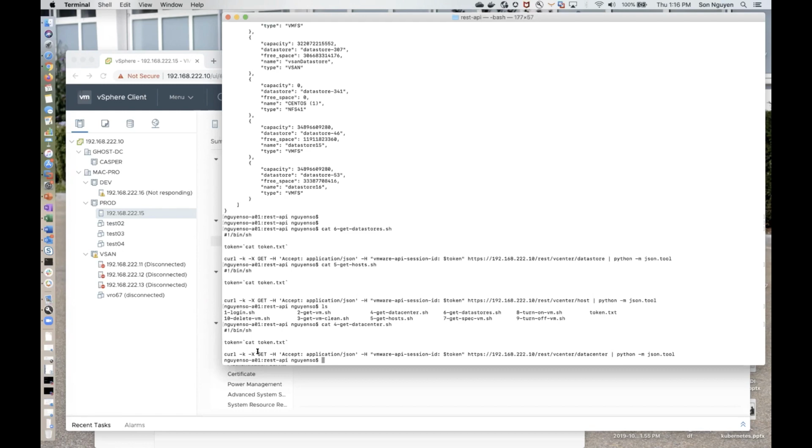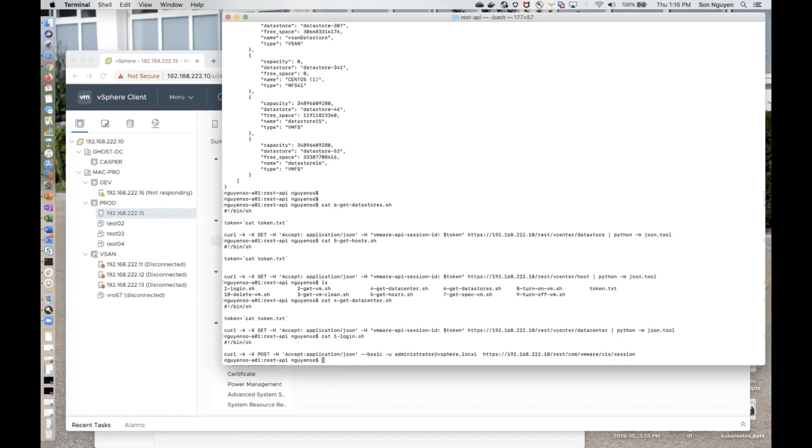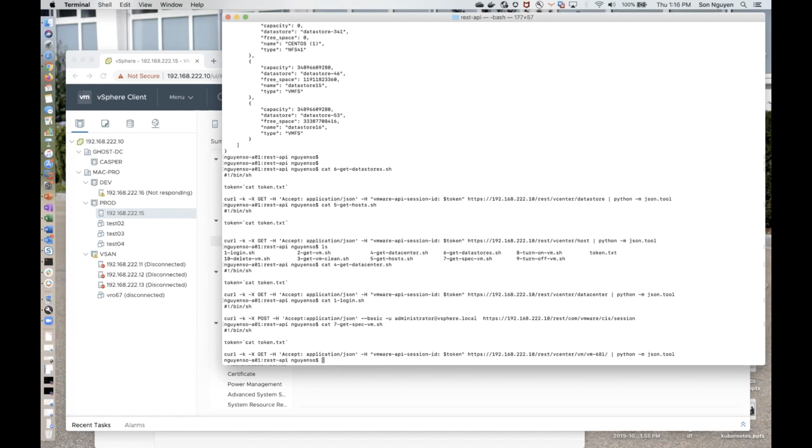So everything that I've shown you already is mostly the gets, right? To get access to the vCenters, to ESX, to the VMs. The only thing that I've shown you that's a post is actually the login, because I needed a real output. Now that I've shown you all the basics of the infrastructure, let me show you the basics of a particular VM. So if I were to cat out this,